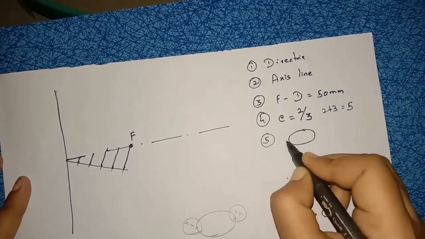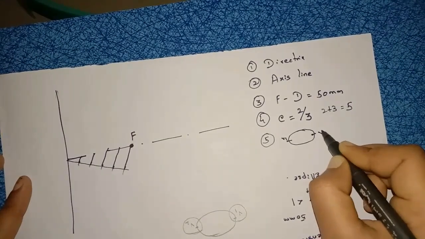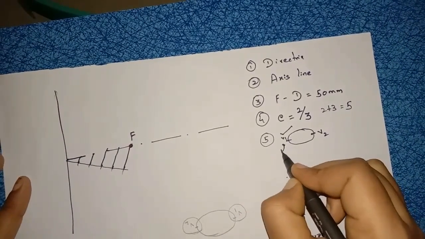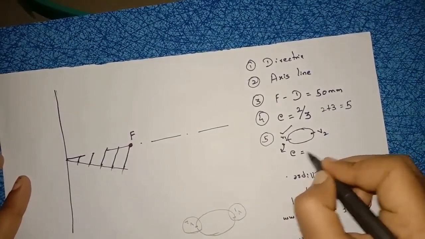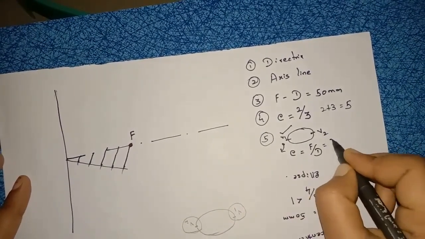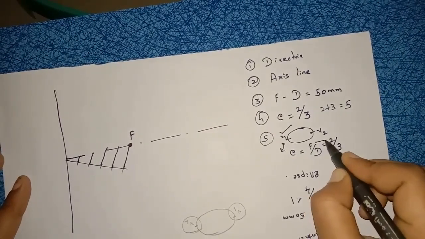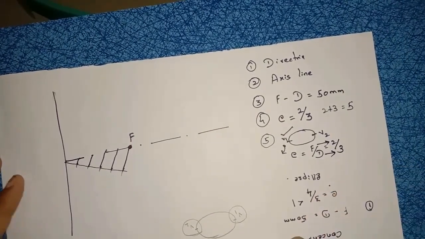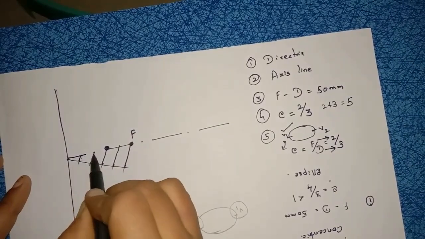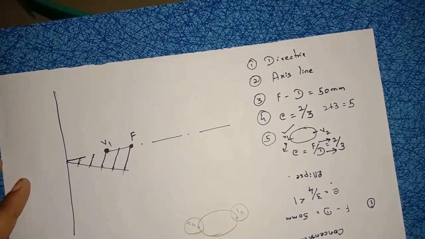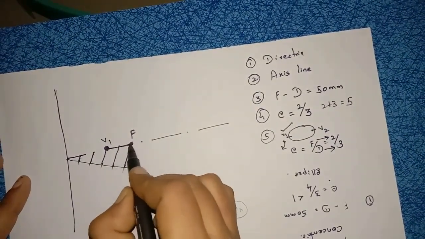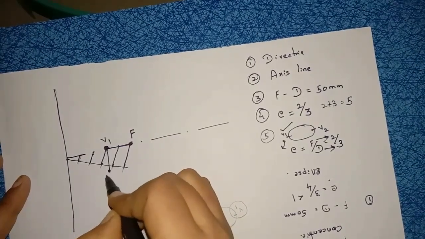Now what is the fifth step? Ellipse is a closed curve having the vertex V1 and ending vertex V2, right? So first we have to mark V1. How to mark V1? V1 depends on the E value. Actually the E formula is focus by directrix, right? So E is how much here? 2 by 3. From focus you have to mark the second point, from directrix the third point, right? From focus second, 0, 1, 2. From directrix third, 0, 1, 2, 3. So this will be your V1, right? After getting V1, measure this distance, the same distance, draw in a vertical manner, name it S here.